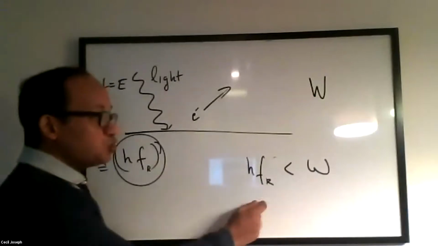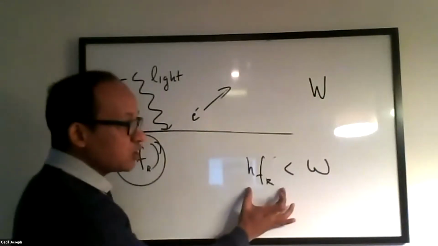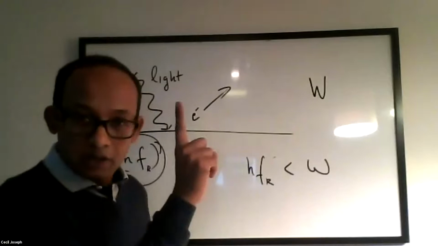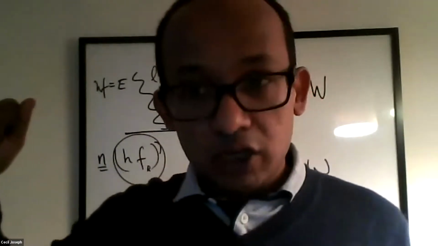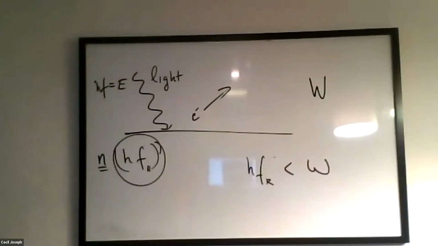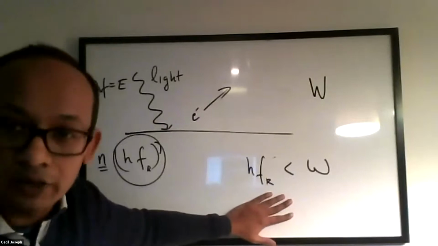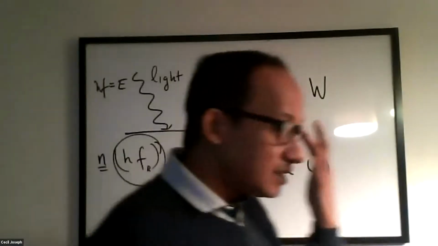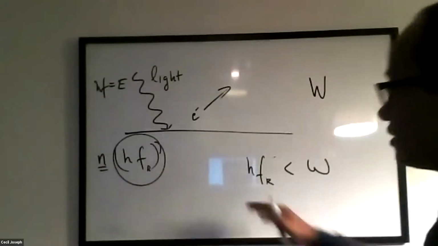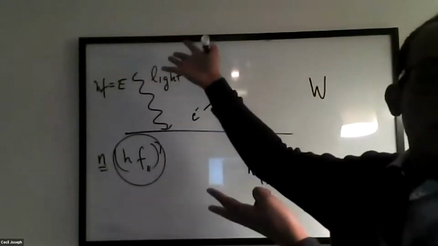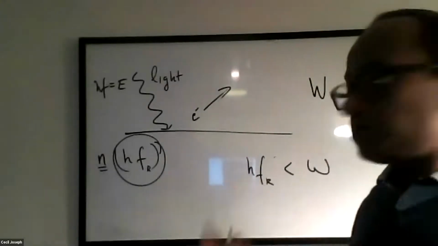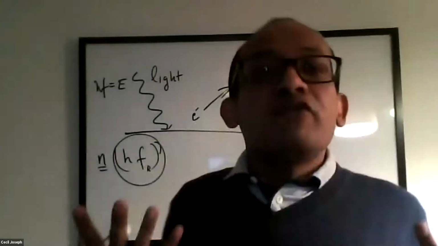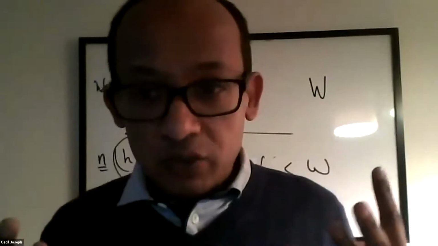According to this, if the energy of a single photon is less than the energy required to eject the electron, it doesn't matter how many photons I hit it with, I won't eject anything. So it predicts that there exists a certain frequency. Of course, I can increase the energy of the photon by increasing its frequency. So according to this picture, there must exist some frequency